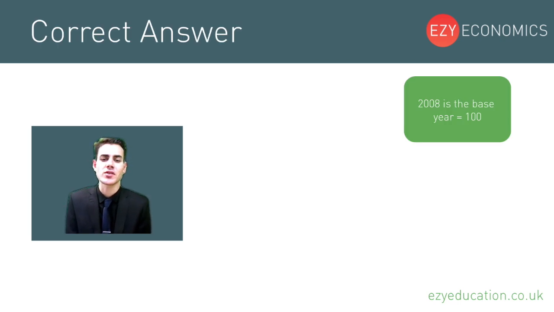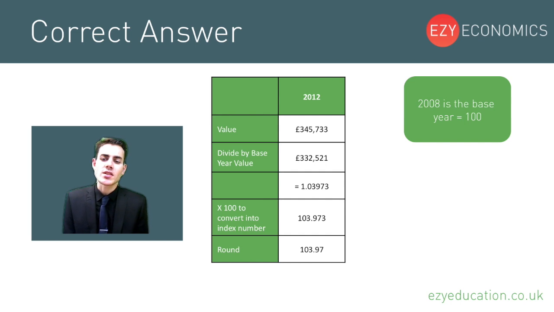Given that 2008 is the base year, we take the actual value in the target year for 2012, which is £345,733, divide that by the base year value, which is £332,521. If we do that division, we get 1.03973, multiply by 100 to convert into an index number, which is